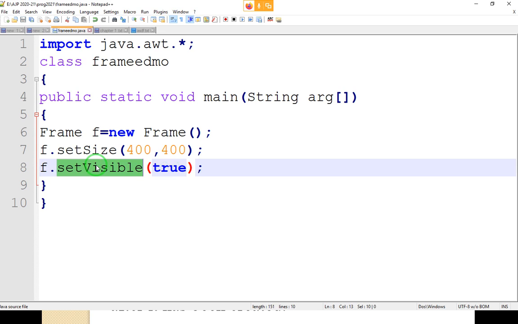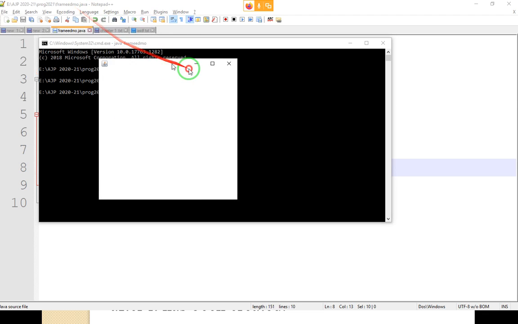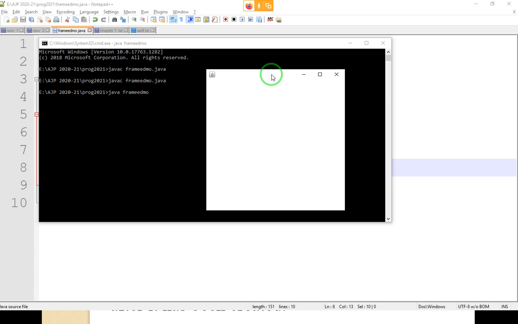You can check it. Java frame demo. Here this one is called a frame, right?